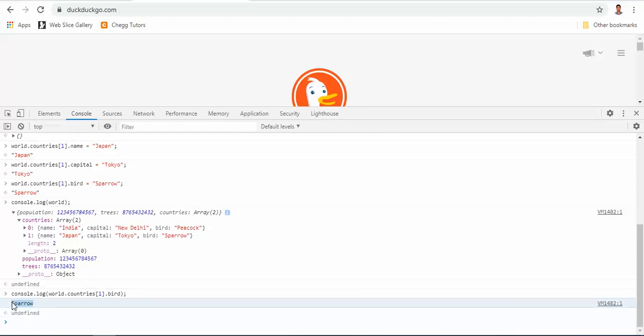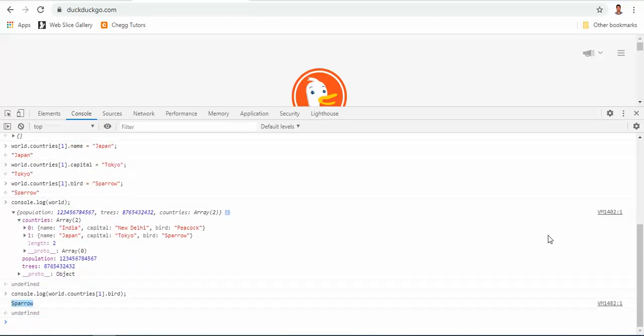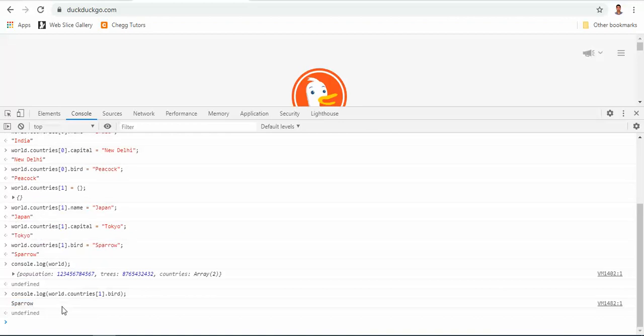As you can clearly see, whatever data I wanted to insert, I inserted it here, and whatever data I want to gather, I just console.log. So just keep in mind, it's all the variables and data types which you have to work with. Basically you have to play with the data and play with the variables.